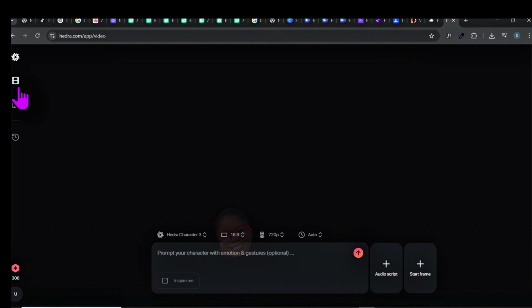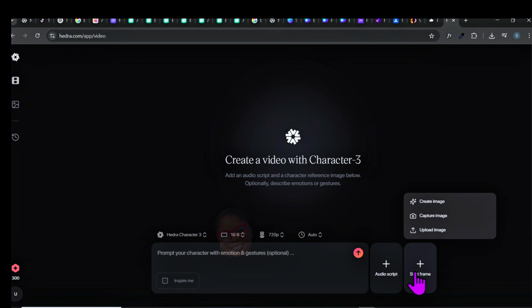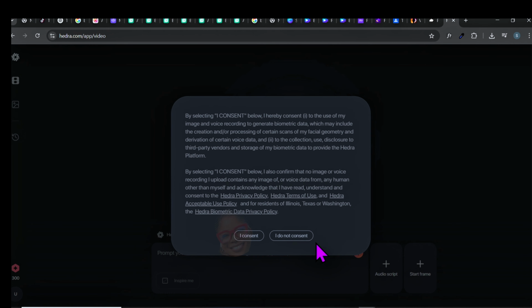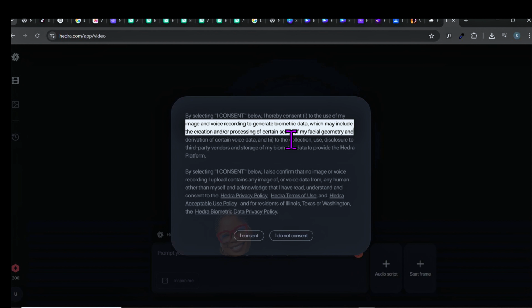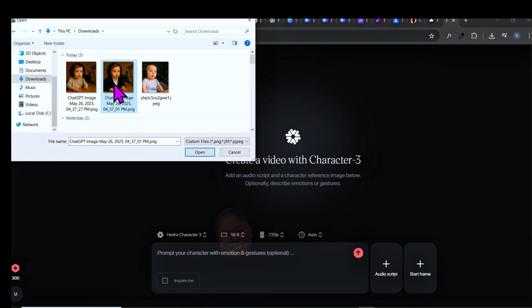Now click on video, click on start frame, click on upload image, accept this. Make sure you read this and understand it, just in case you are planning to use your own image. This is what you are consenting to. You are consenting to them to use your image and voice recording to generate biometric data. They are going to use your face, they are going to use your voice. So make sure you read it and understand it before you consent to it, if you are using your own image and your own voice. Once you are done, consent to it and upload